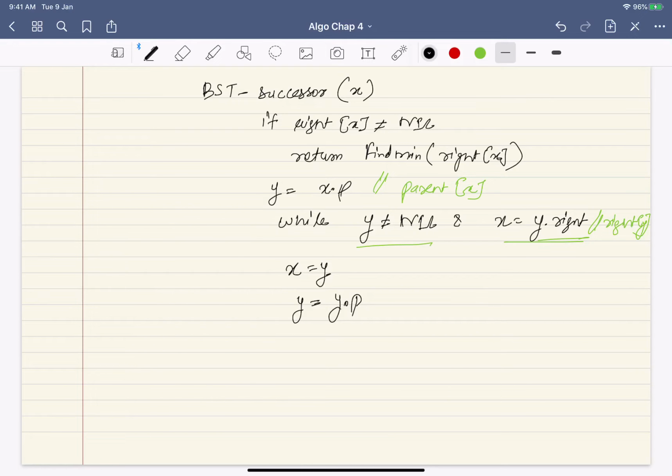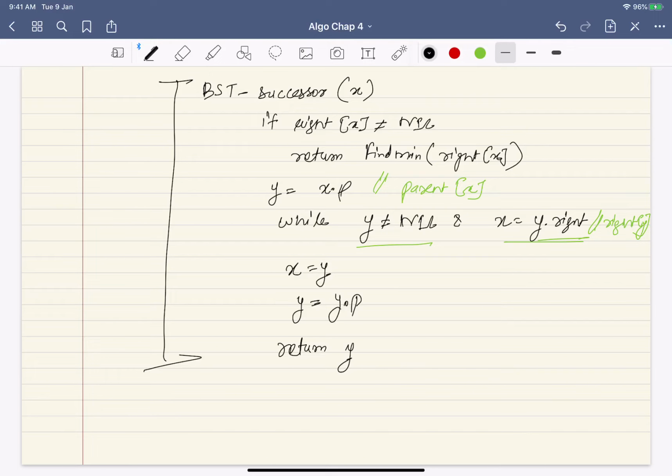At some point you will either find y is null, so you can return null, the successor is null, or you will find a place where x is y's left, so then you return y. So in either case you return y, and that's all. And that's all is your code for finding the successor.